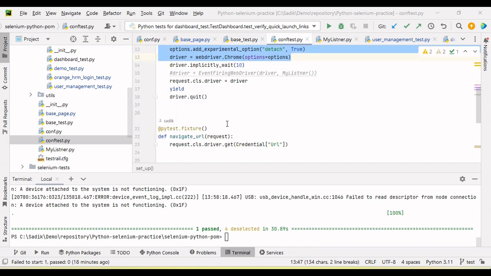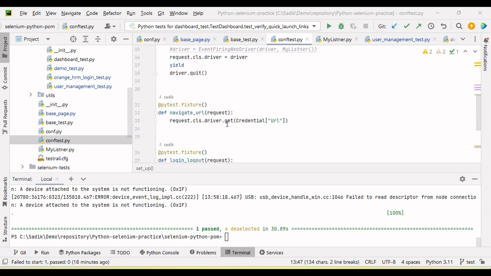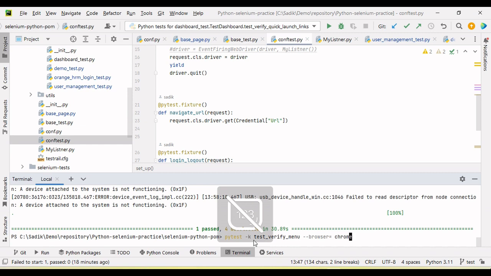By using this approach, we can pass some value from the command line during the execution, like I am going to run here. If I pass something like browser equal to Chrome, then it will run on Chrome browser. If I pass the Firefox browser, then it should run on Firefox. So this is the minimum change, where we just set the command line value and it will run